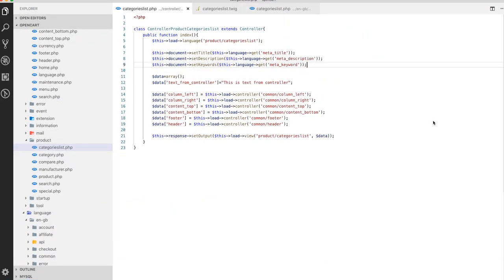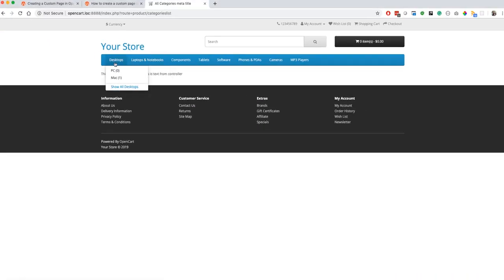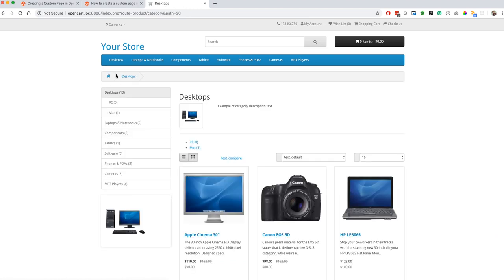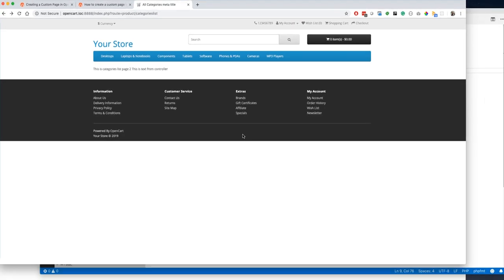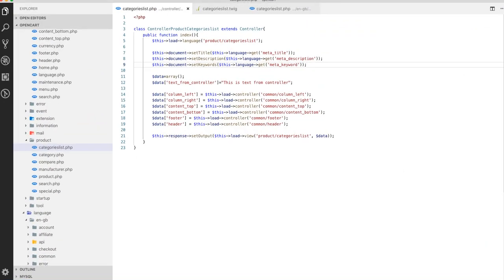Like this, you can set the title, description, and keywords for the document. Now, as you can see, every page has this breadcrumb. So let's set up the breadcrumbs here as well. For that, we assign a breadcrumbs